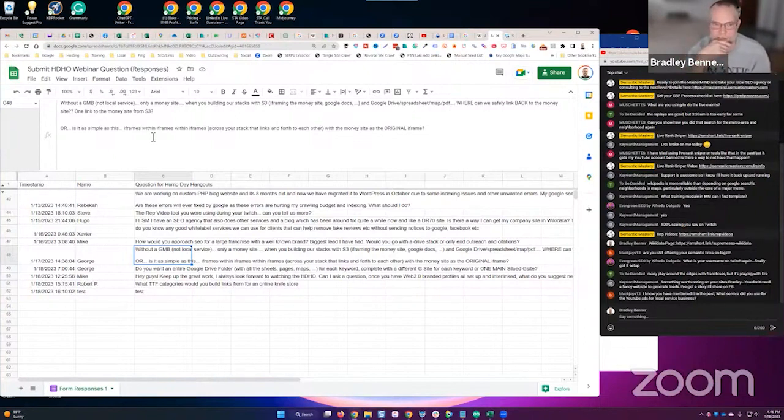Because I think right now what it's doing is Google's pulling the content in from the iframe for the money site, but the G site's like a container. So it's ranking the container instead of the money site. So you've got to be careful about that. I don't have enough data. That's just a theory I'm testing right now as to why that's occurring. But I think that's what's happening with the iframes. I've seen this occur with